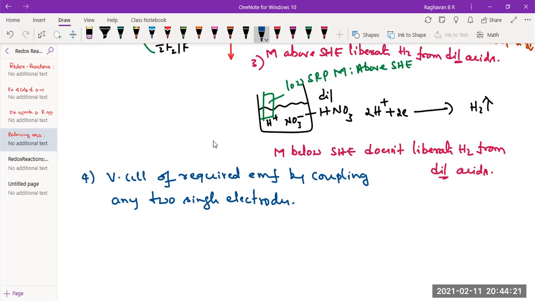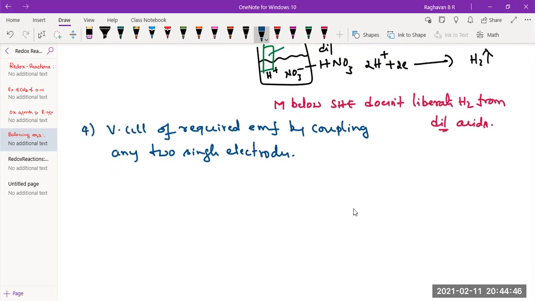By and large, lithium is around minus 3.09 or so, and fluorine is around plus 2.9 volts. Lithium is starting from minus 3 and the series ends with around plus 3. Lithium is around minus 3 point something. These are reduction potentials, I'm telling you. In between, these values vary.